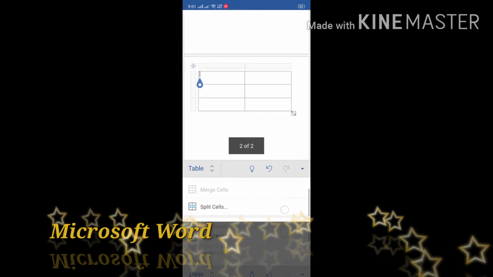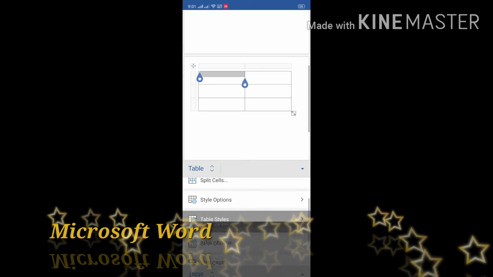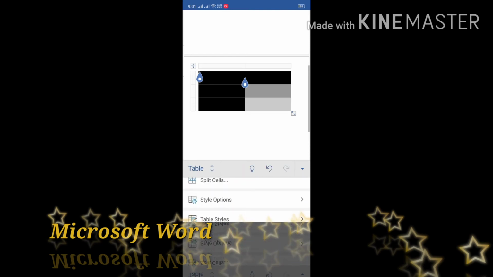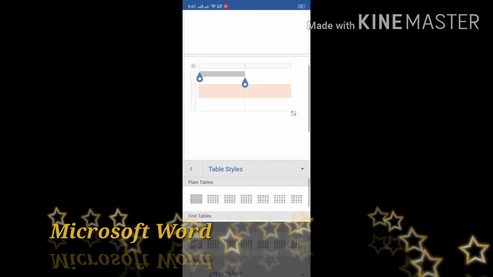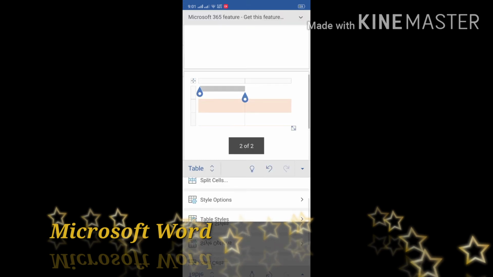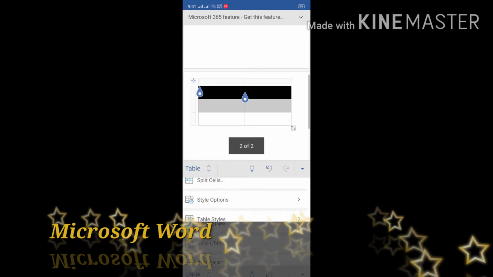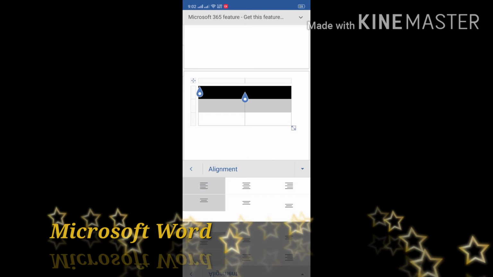After that, you have to select the style and shape of the cell. If you want to merge cells, you have to select the cell and click on the option merge. Or you have the table style, which type of table you want, like border highlight, middle lines highlight. Every type of style is here which you want. You have to click on that. In this form, this page will appear after selecting the table style.